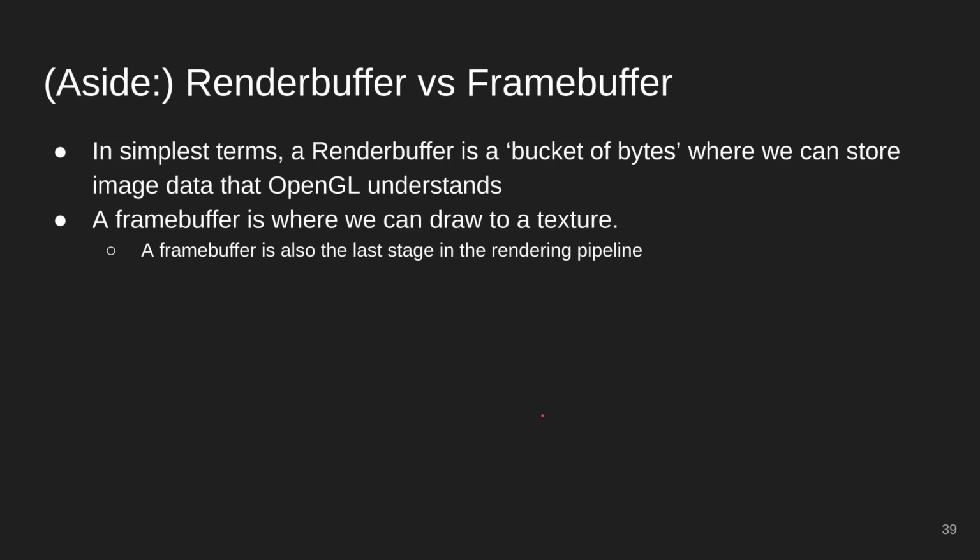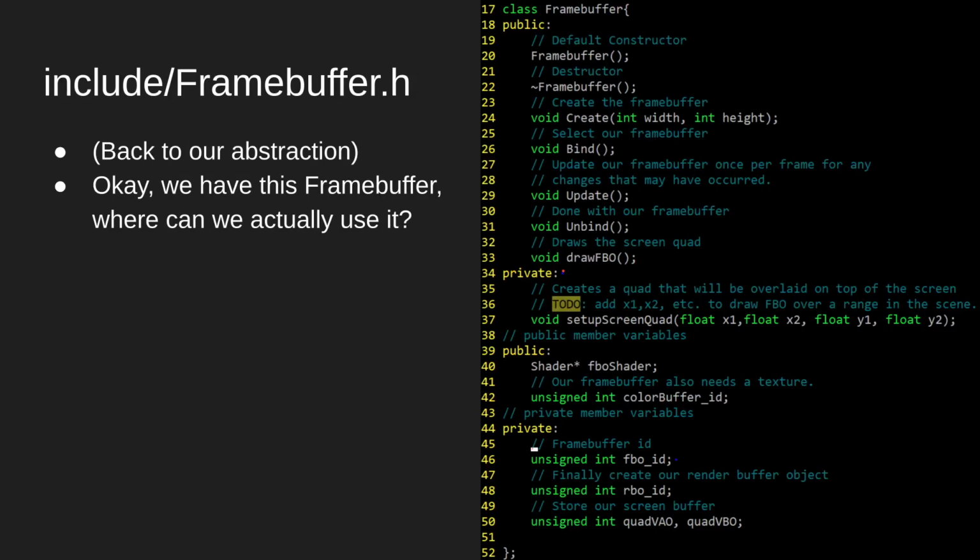Okay, so just maybe another aside, render buffer versus frame buffer, they seem like they should be the same things, but render buffer is really just a bucket of bytes where we store image data that OpenGL understands, so like a texture or something that we don't draw to the screen, and then the frame buffer is the actual thing that we're drawing a texture on, okay? And it's the last stage in the rendering pipeline, okay? So that's our setup in the frame buffer